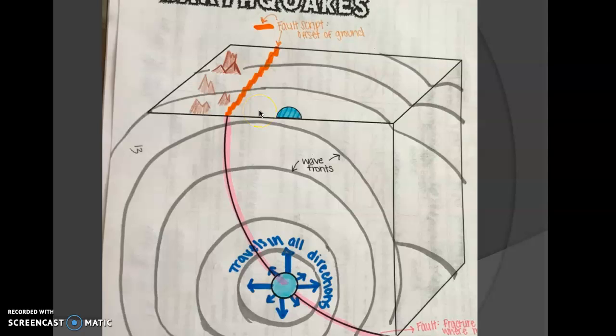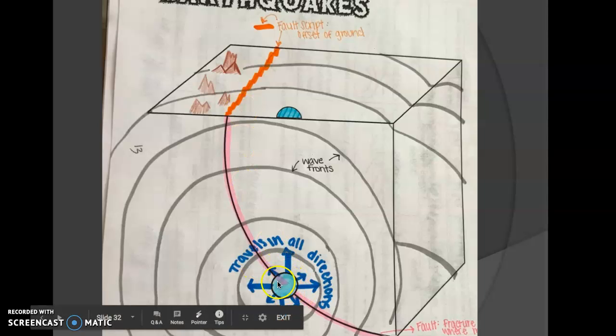So it doesn't always happen, but sometimes the ground can move up, down, or side to side when an earthquake happens. Sometimes you can see it, sometimes you can't, but that's because of the movement or the rebound right here at the focus. And then the gray lines here are our